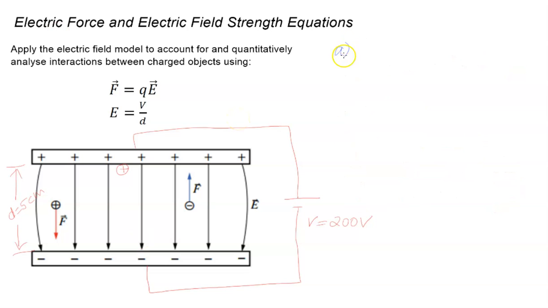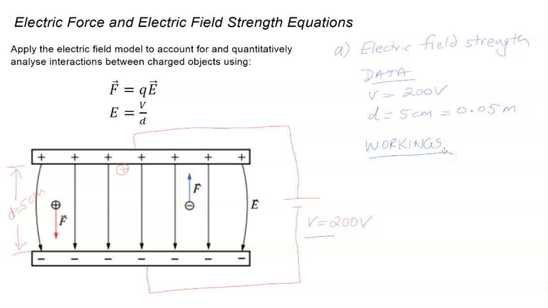So starting with the electric field strength, what do we know? Well, we know the voltage and we know the distance between the plates. We need to put it in SI units. So this one's a simple substitution. So we write the formula as shown, then we substitute and solve. Okay, so now we'll go on